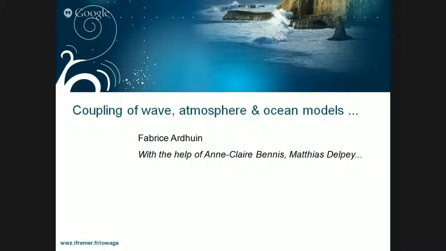Complicated to work with just wave models, but sometimes waves are not enough, and so in those cases it can be important to consider the interaction of different models together. So that would be the atmospheric circulations, the ocean circulations, the ice, and when this becomes too complicated, I decided that I wouldn't do it myself, and so I was happy to have the help of many nice people